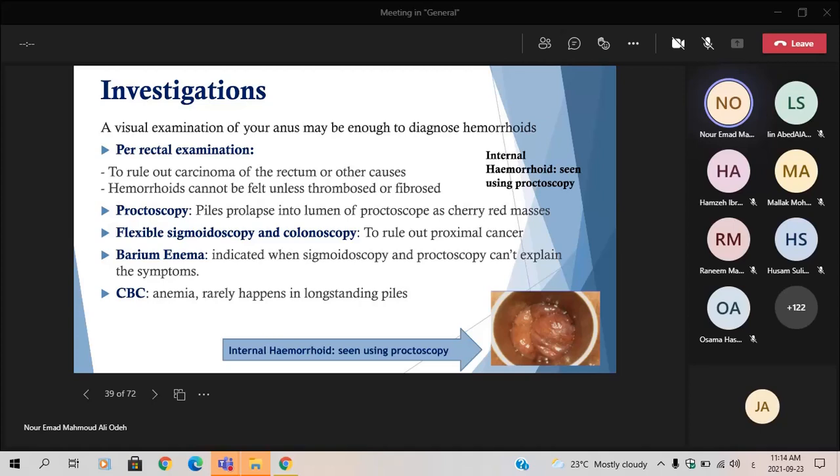What are the investigations? We need to know that hemorrhoid is diagnosed by visual examination. So we will perform a physical examination and rectal examination. We need to know that hemorrhoid is not palpable unless there is thrombosis and fibrosis. And internal hemorrhoid will be diagnosed by proctoscopy. And we can do a sigmoidoscopy and colonoscopy if we want to exclude another pathology. And CBC for anemia if there is a long-standing chronic